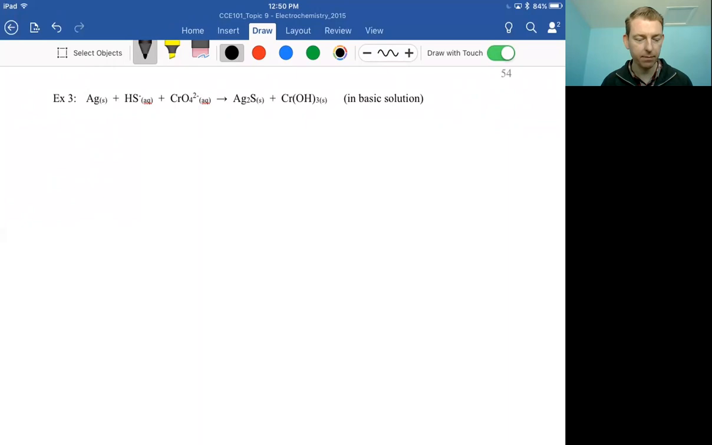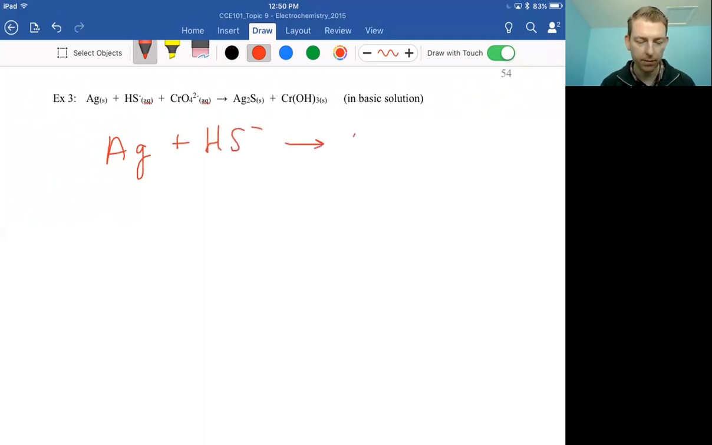So we have silver with hydrogen sulfide and chromate ion going to silver sulfide and something else. Okay, so let's work this one through. If it's not obvious which one is going to be the oxidation and which one is going to be the reduction, don't really worry about that because it's going to show up as we work our way through. But we do want to make sure that we're getting all the elements we need on each of the two lines. So just as a starting point, let's say we have the silver and the hydrogen sulfide